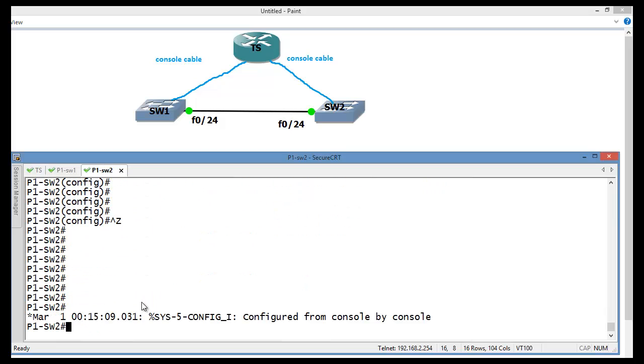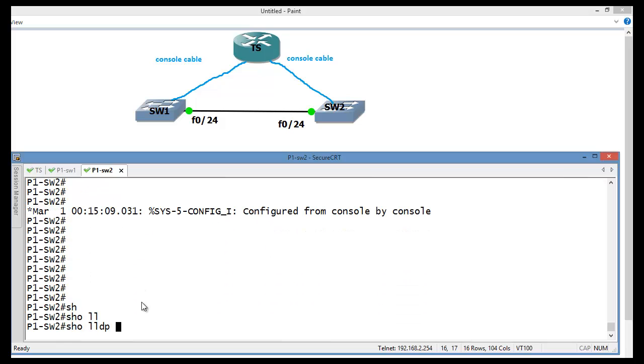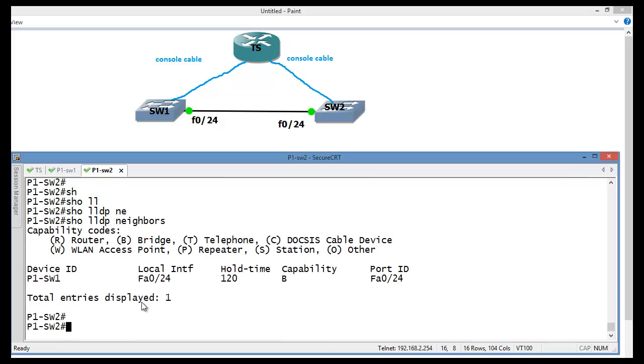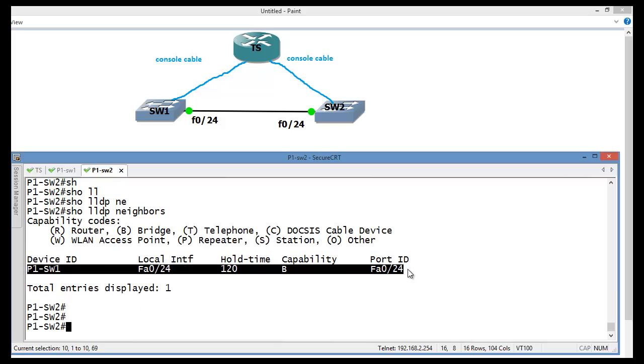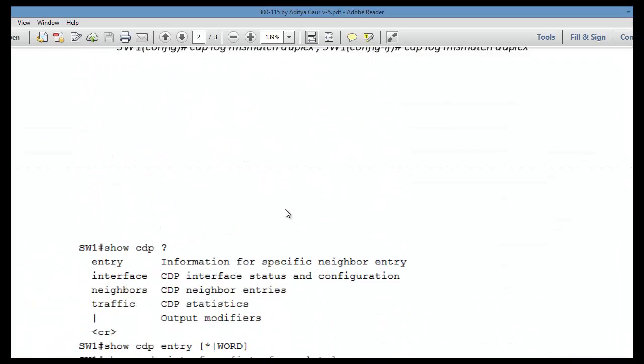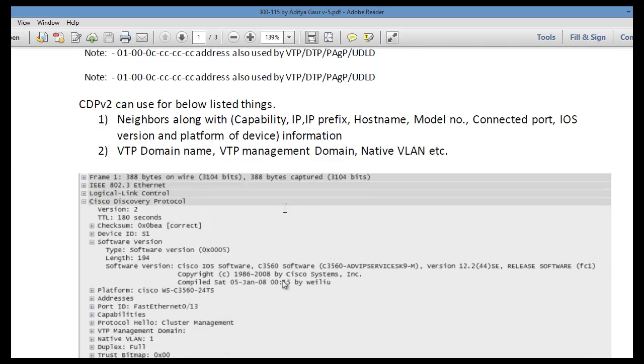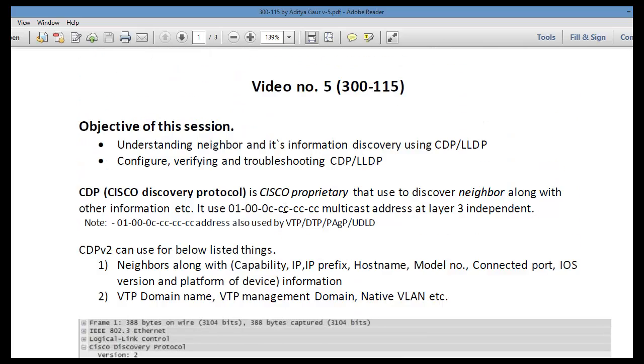Once again let's verify on switch 2. Show LLDP neighbor, there it is. That's all we're looking for: how LLDP is enabled on Cisco devices, how it behaves, how we can turn it off, and how we can enable it again. I hope this is informative for you, and thanks for watching.